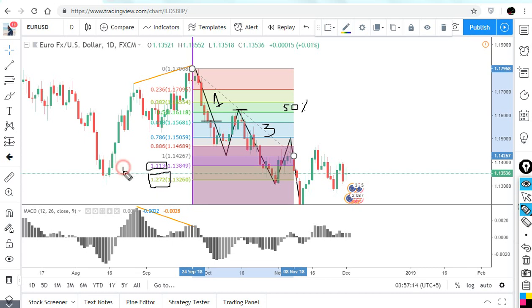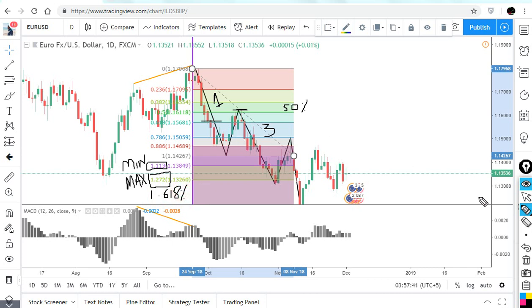So it's your minimum ratio, and it's your maximum ratio. But there is another maximum ratio. Sometimes when news comes, it will go further to 1.618, but not for the third wave.